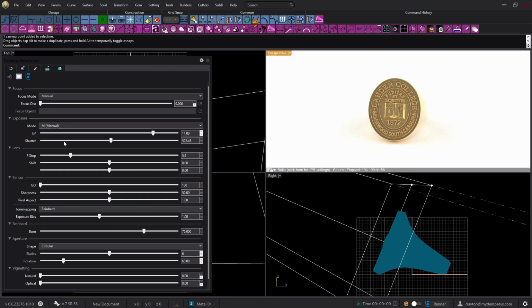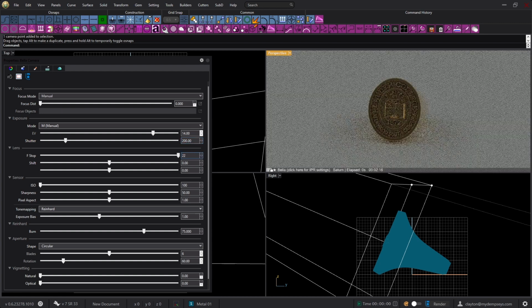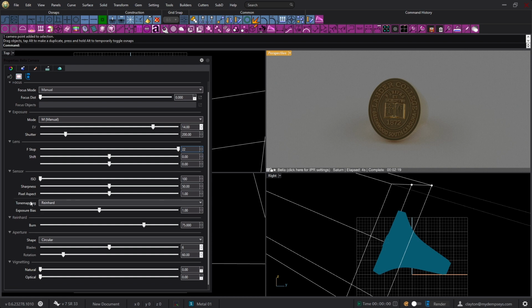Again, like having a camera in a manual mode, I can set my shutter speed. I can set my f-stop or my aperture. The higher the number on an aperture, the more that's in focus. I can also set the ISO. And then another thing that's really nice is this tone mapping. If we set that to camera response,